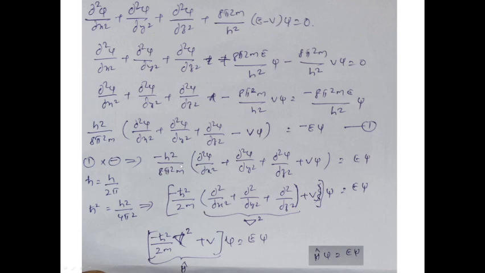Okay, so I have written it here: minus h bar square divided by 2m, and then this term I have taken psi outside. So this will be in bracket, then v, and psi outside, equal to E psi. This differential term is an operator, and we reduce this into the del square operator. Del square is what is called the Laplacian operator: del square by del x square plus del square by del y square plus del square by del z square.